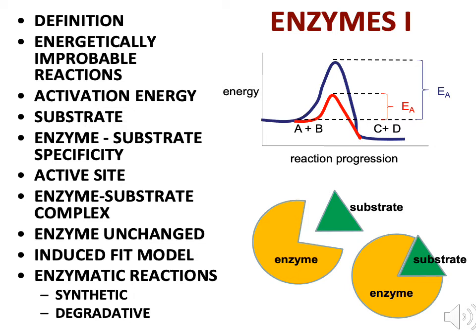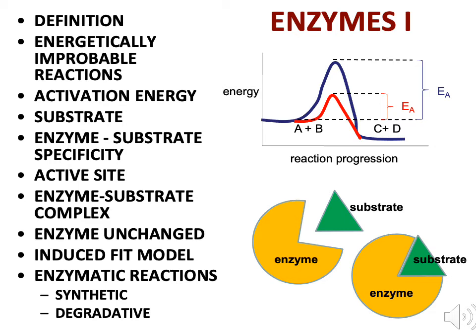That means I need to supply that much activation energy to get to my products. That's expensive. That's energetically improbable. But take a look at this. There's another line on this graph. It's in red. If I supply an enzyme, that enzyme gives me a discount. Enzymes lower activation energy. Please write that down somewhere near this slide. Enzymes lower activation energy. They provide us a discount.